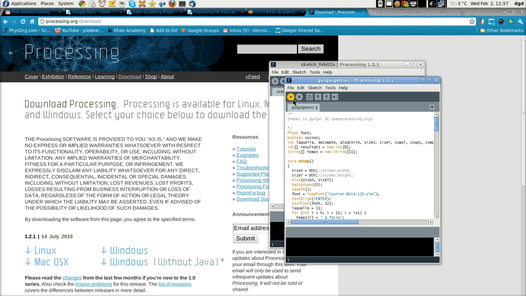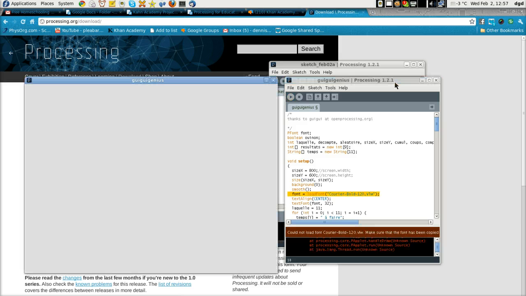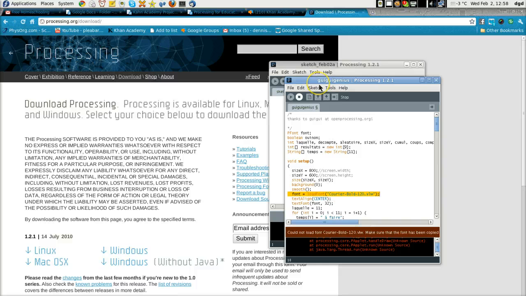Click the play button. Again, this is Processing 1.21. In a moment, it should load. Okay, it wants Courier Bold. All right, that's not a problem. We just stop the construction, or the video, and now we're going to create the font. So create font,